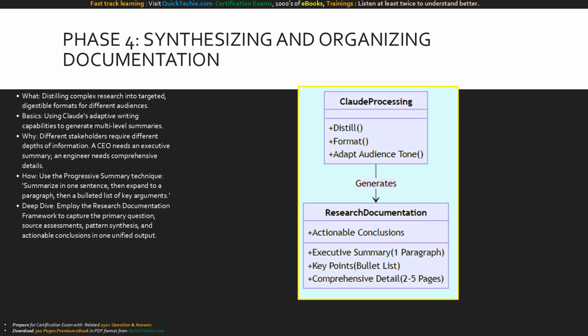You prompt Claude, summarize this research in exactly one sentence. Next, expand it into a one-paragraph executive summary. Finally, provide a comprehensive bulleted list of the evidence. This approach creates a perfectly tiered document. You have the one-sentence hook for the busy executive, the paragraph for the manager, and the detailed bullets for the implementation team. By organizing your findings this way, you ensure your research is not just stored, but is actually actionable